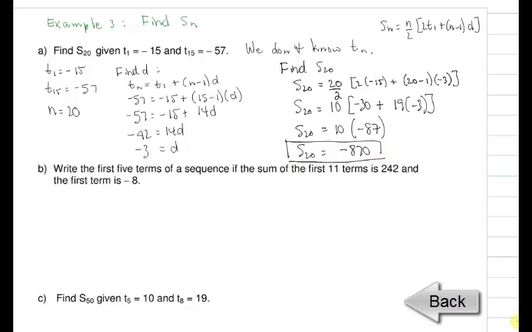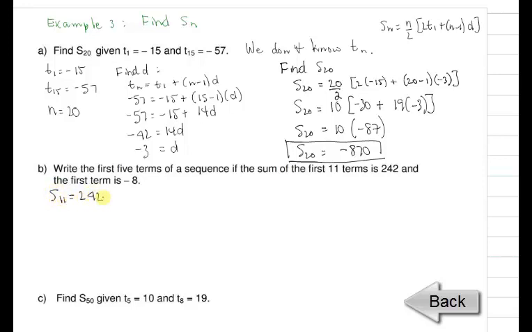Okay, so B. Write the first 5 terms of a sequence if the sum of the first 11 terms is 242 and the first term is -8. Okay, so even though you're not looking for a partial sum on this, you are going to be using it because you're told that the sum of the first 11 terms is 242. Okay, so let's write what we know. We know that the sum of the first 11 terms is 242, so that means that S11 is